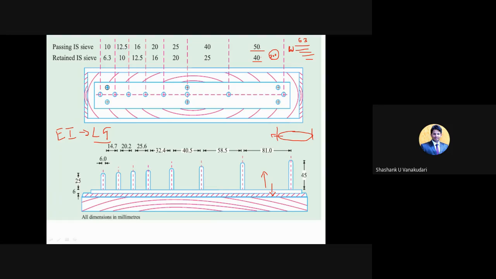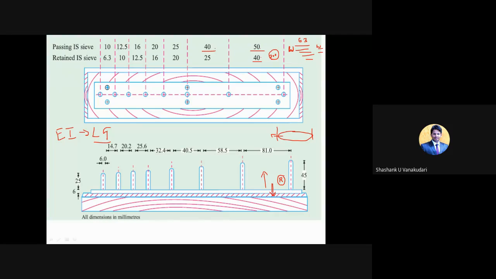In the thickness gauge, you used the passing materials. Only the thing is here you need to use the retained particles, right? Some aggregates will pass, some will be retained. You need to collect the retained particles from this length gauge, and note that down as small w. That is the only change between these. One thing is the instrument changes, and on the other hand, the passing materials you collect in the thickness gauge, and in the length gauge you collect the retained particles. Again those retained particles you consider as per the sieve size.